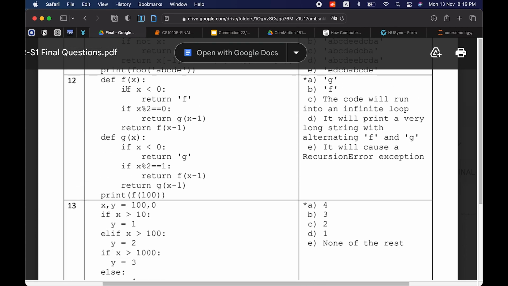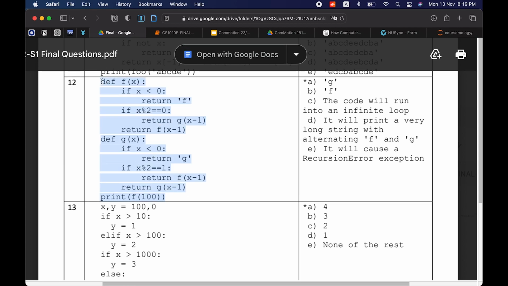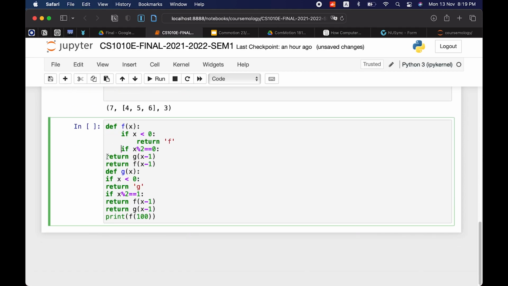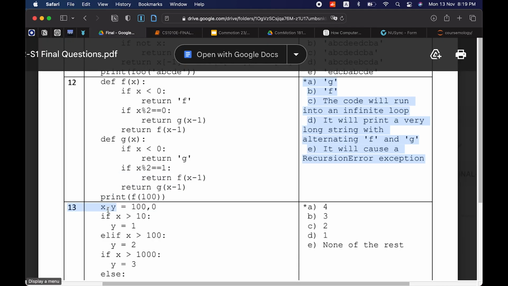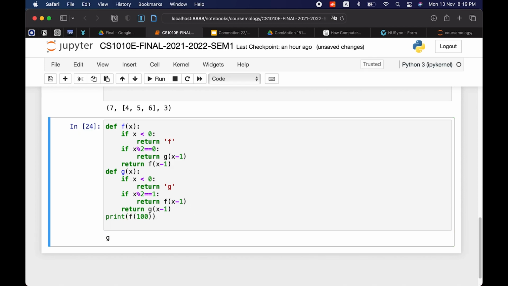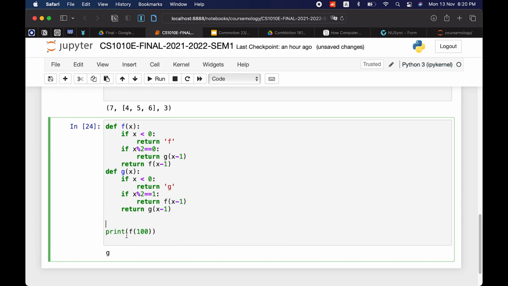Trying to speed up a bit. Okay, so this one is a bit tricky. So what's going on here is, okay, you'll get G. So you're not supposed to count from 100. Obviously, you see the pattern, you short circuit. I don't think that's a term, but you short circuit.